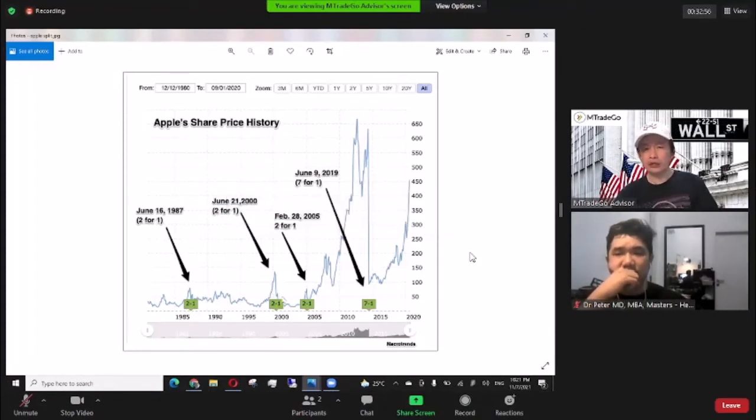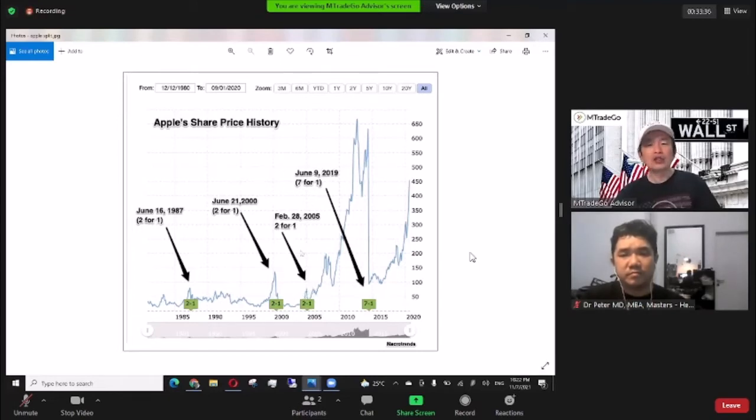Good news. Why? You can see here, even before it split, your value had almost doubled already. After it split, you still don't want to sell. You think Apple is still a good company, so you keep collecting it. Now you no longer have 5,000 shares, you have 10,000 shares already. You know what I mean? Then you keep accumulating until maybe you have, let's say, 12,000 shares.